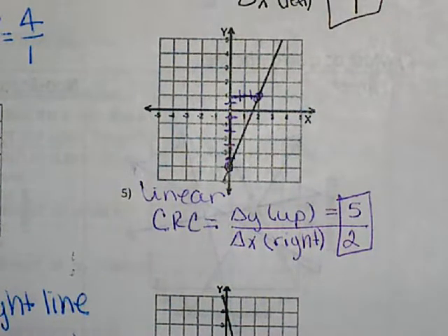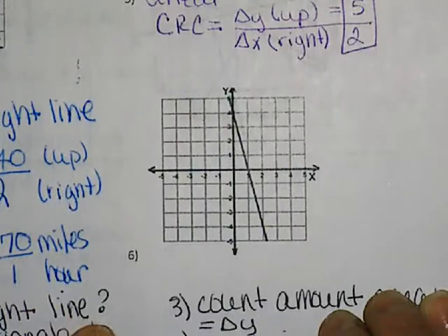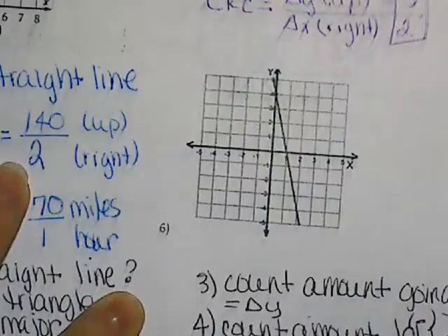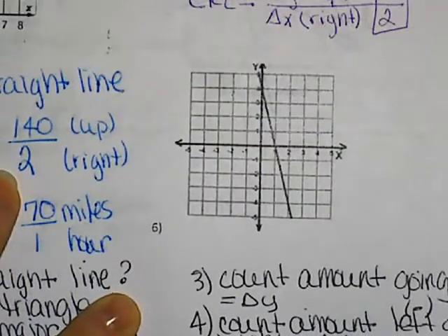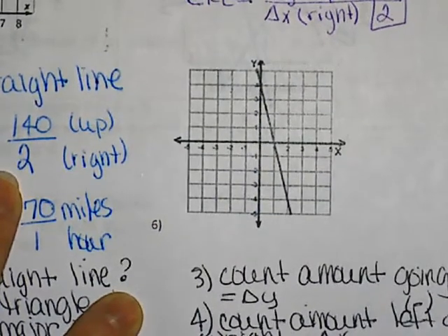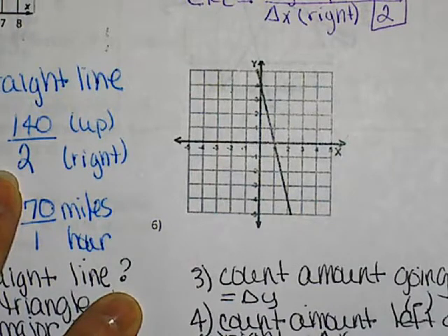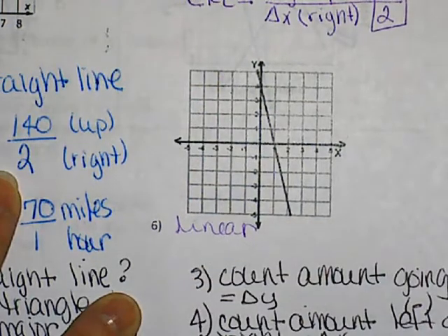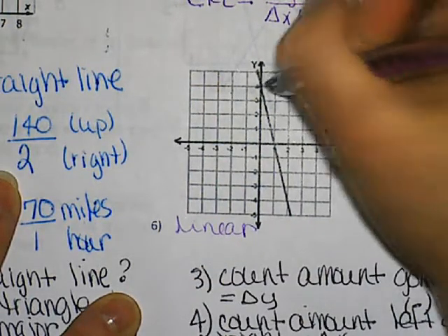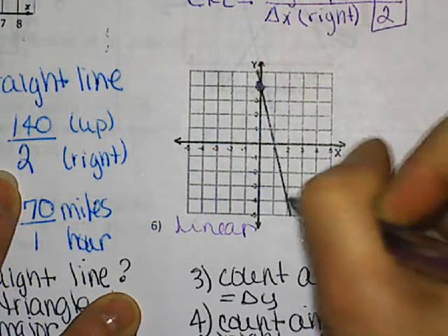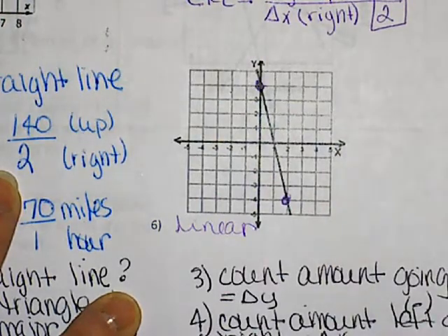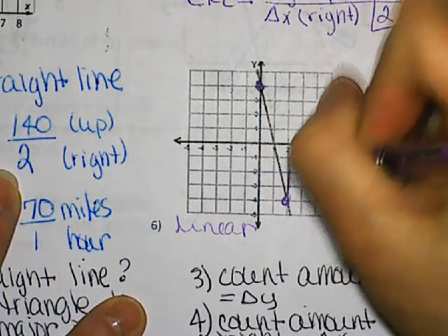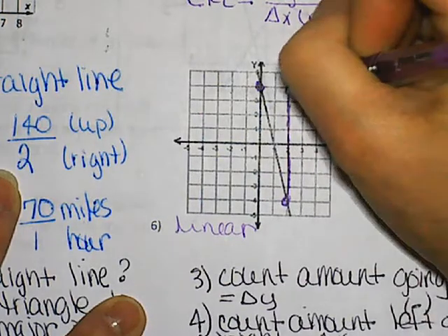Let's take a look at number 6. Is it a straight line? You are correct. It is linear. So I'm going to pick two major points. I'm going to pick this one and this one. And remember, you always want to draw your right triangle above the line. So I'm going to go this way